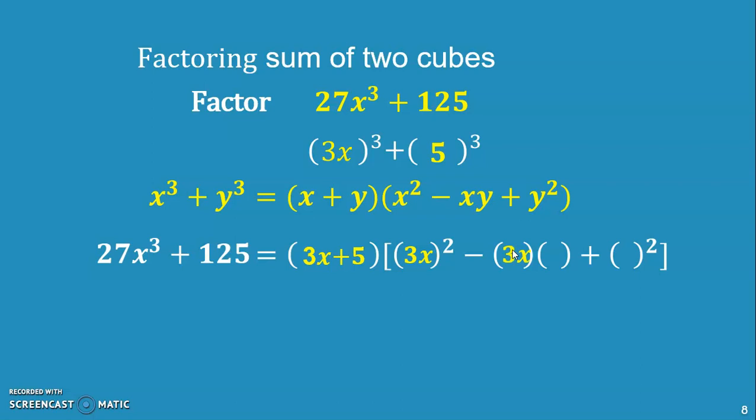So first is 3x, second is 5, then the square of the second. Then we will just simplify. So 3x plus 5 dito, 3x times 3x is equal to 9x squared. Then, minus 3x times 5 is equal to 15x plus